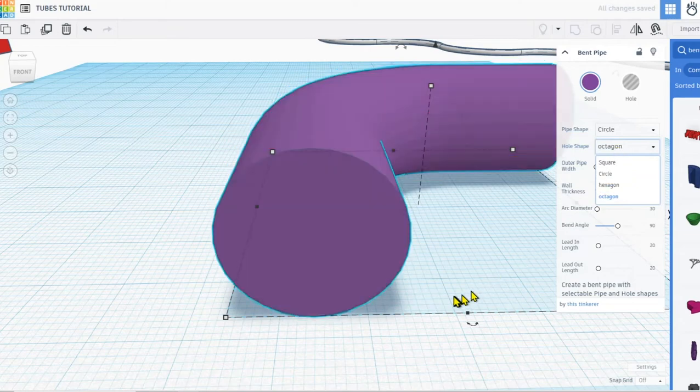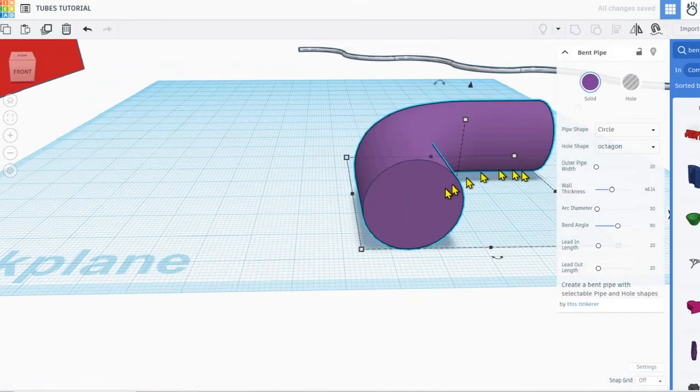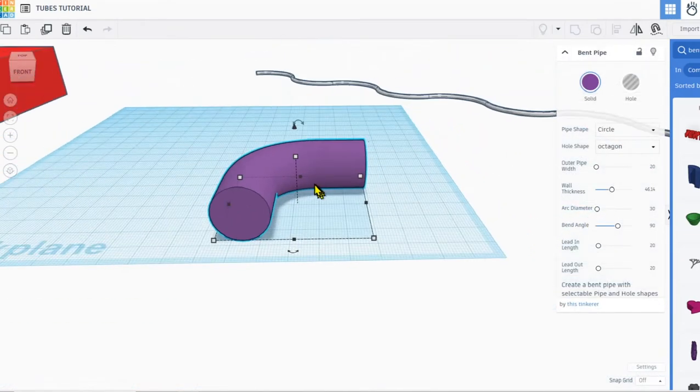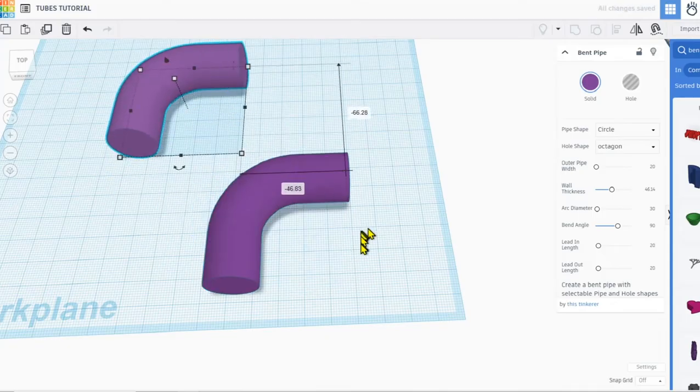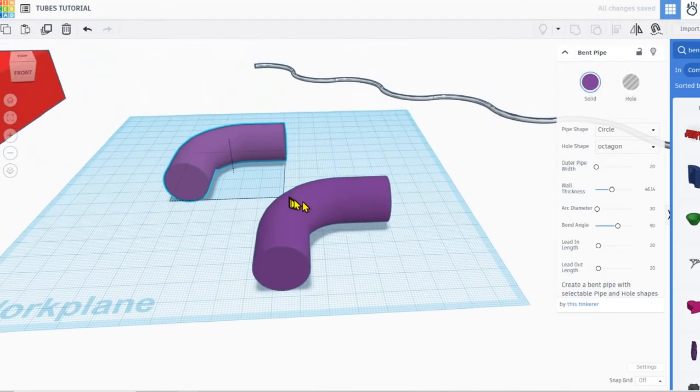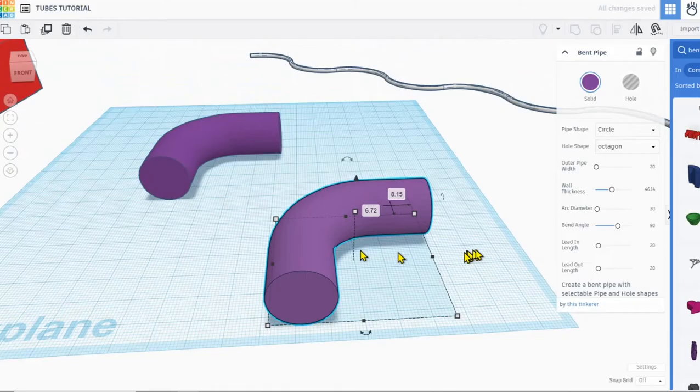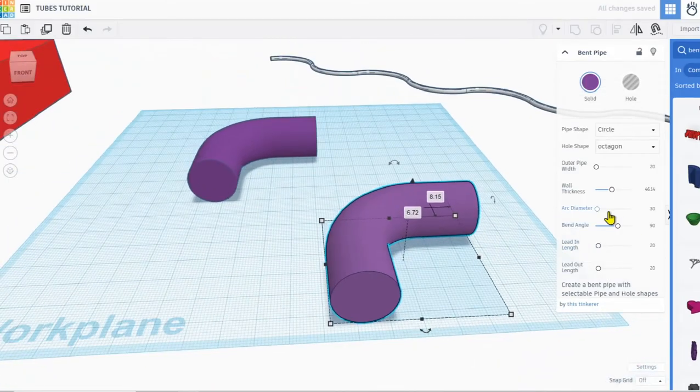I can leave the hole shape alone because it's already there. Okay, so let's take a look at this from a high angle. As a matter of fact, I'm going to copy the shape. I'm going to build a little library. We'll be needing some various parts. So over here, I'm going to show you that I can change